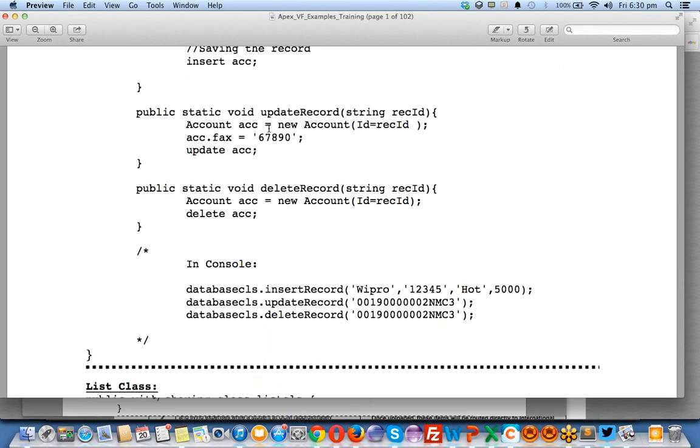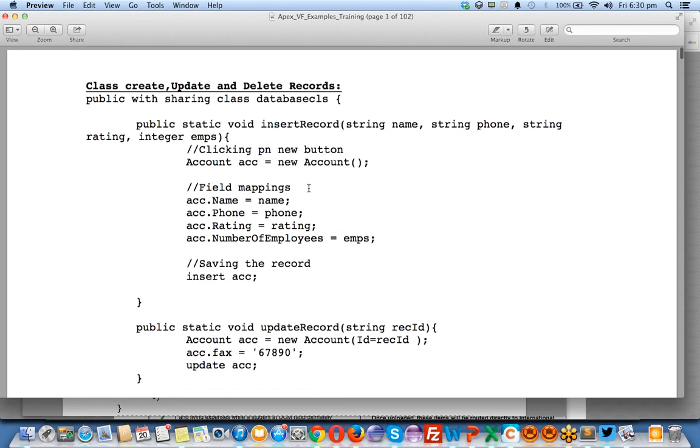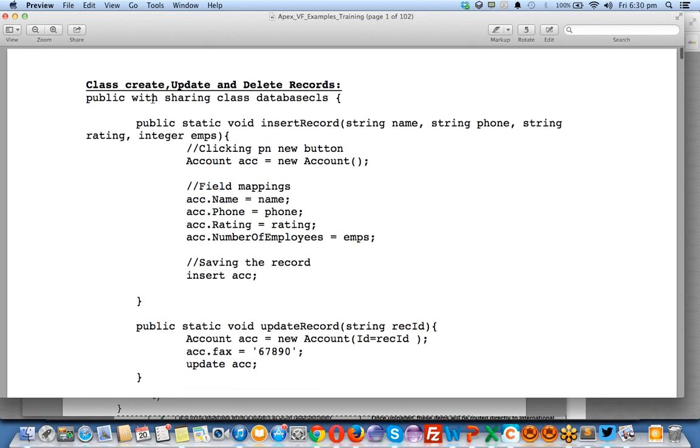So if I'm using similar terminology, you have to understand that it is update. And delete is the other function for deleting the record. The name specifies it, and it has the same meaning. So suppose this is the simple class.